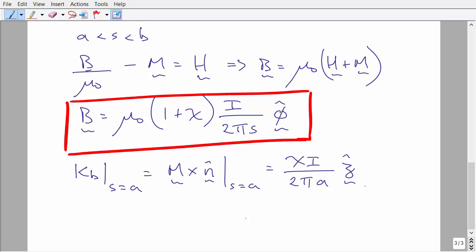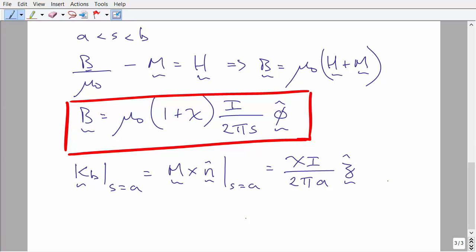Alright, so this is what you'll find. Now, of course, the outward pointing unit vector in this case, so let's be careful here, is in the minus s hat direction. The outward normal is defined as the normal as you move away from the magnetic material. At this inner surface, that's going inwards towards the cylindrical axis, towards s equals 0. This gives us a surface current density at that inner conductor in the magnetic material in the positive z hat